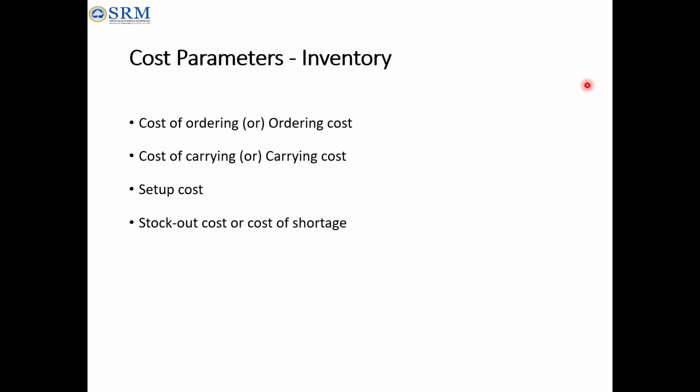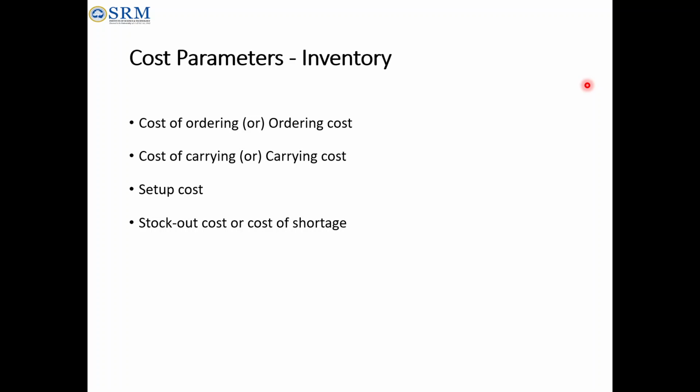In the sense, you have four costs. One is ordering cost, otherwise cost of ordering: how much cost you are spending for ordering the parts. And how much cost you are spending for carrying, that is what carrying cost means. Work in process cost, right? So material handling cost will be there before it is delivered to the customer. And how much setup cost you will be spending for the machineries, you can consider that one.